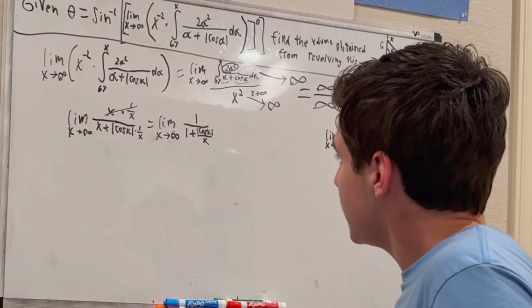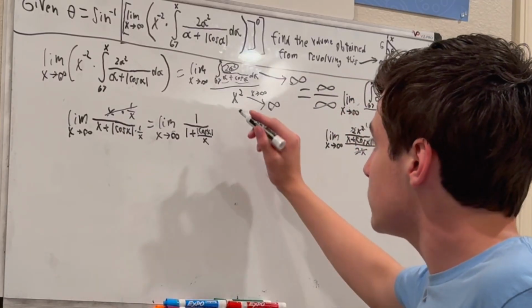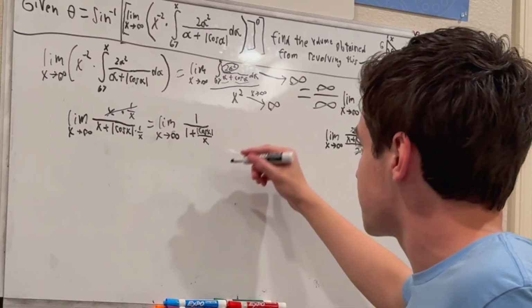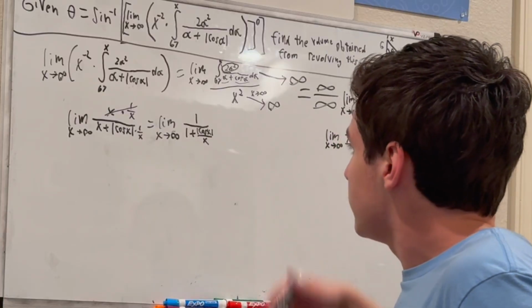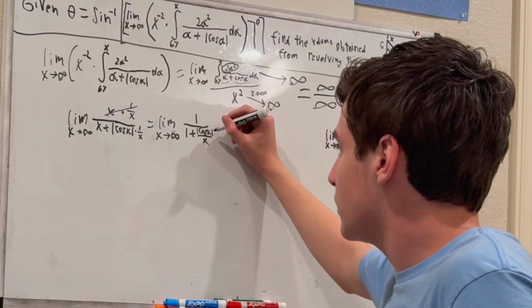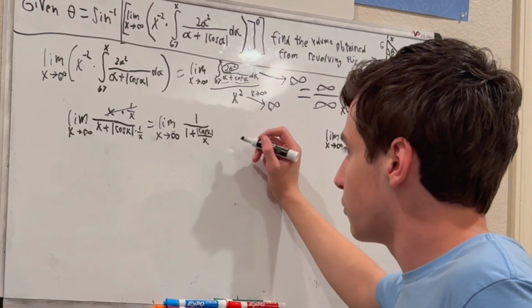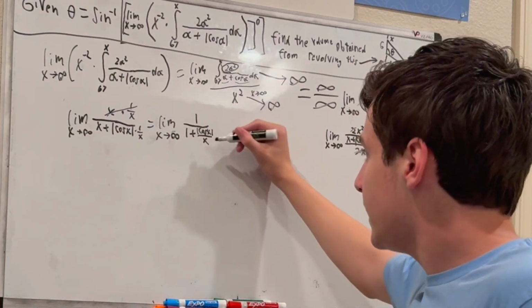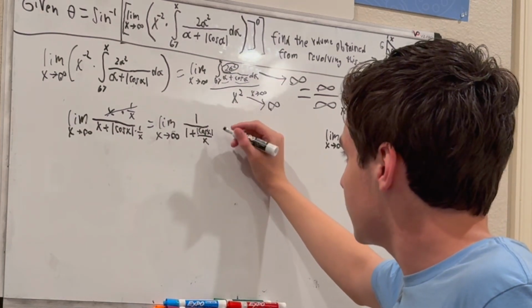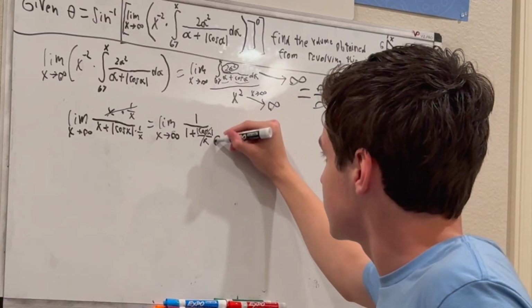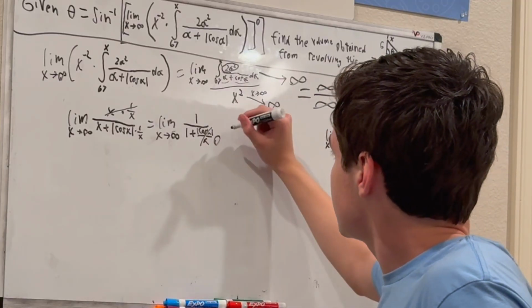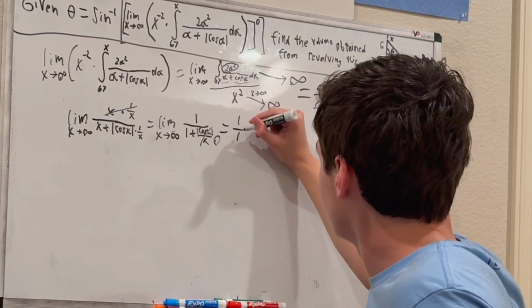So now we get the limit as x tends to infinity of 1 divided by 1 plus absolute value cosine x divided by x. Now, this right here, since it's absolute value, the normal range would be from -1 to 1, but here it's just going to be from 0 to 1. So this is going to oscillate around from 0 to 1, and this thing is going to grow indefinitely, which effectively gets this term to 0. And we have a constant here, so our limit is actually just going to be equal to 1 over 1,